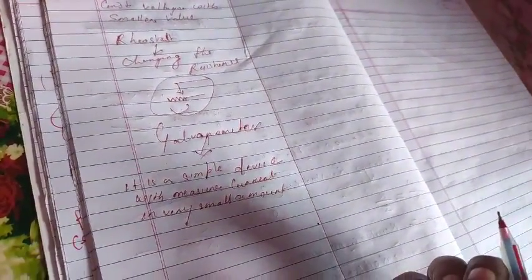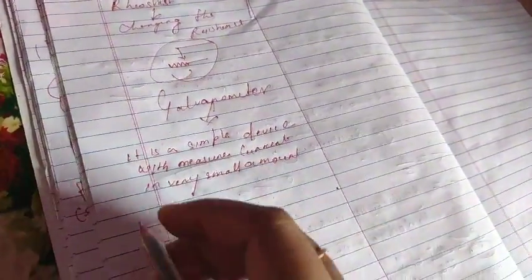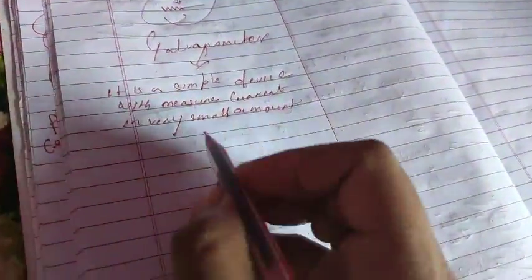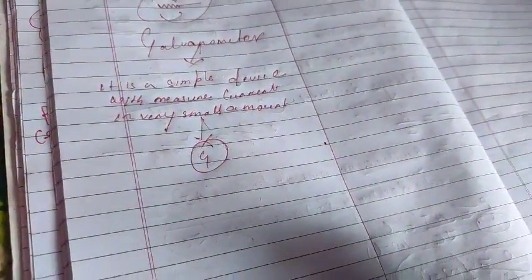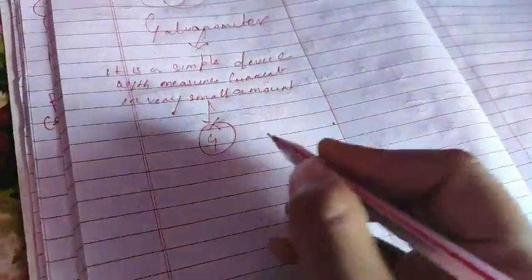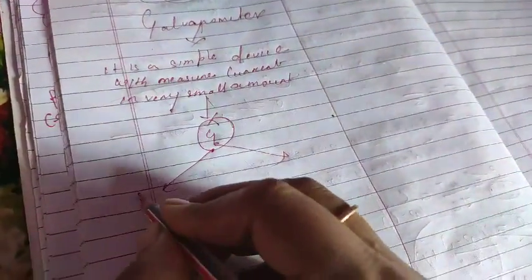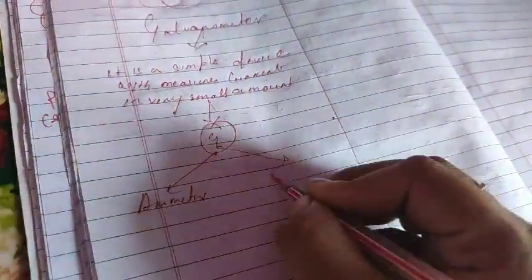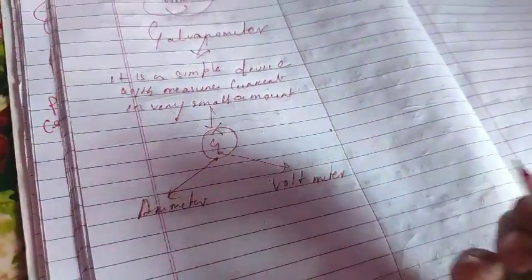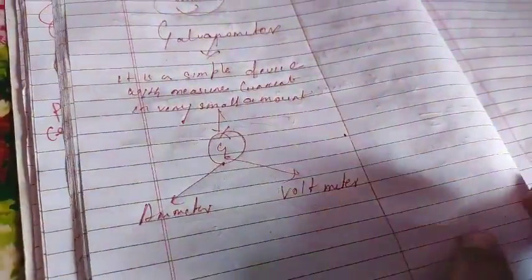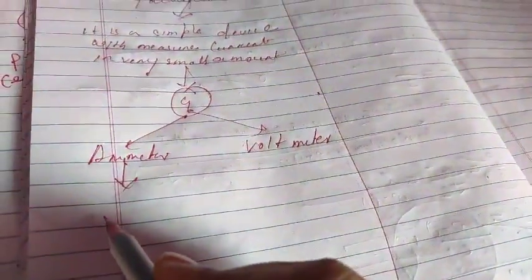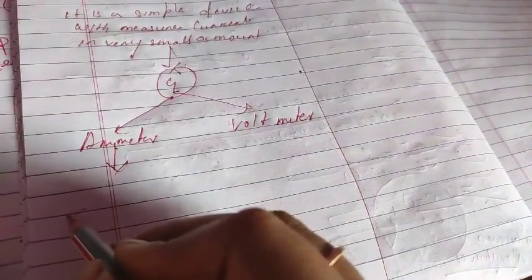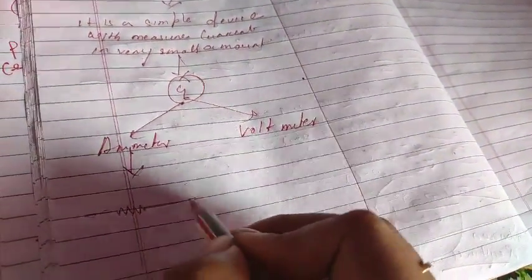Now the second thing is that through a galvanometer I can prepare two devices. One is an ammeter and another is a voltmeter. The symbol of a galvanometer is something like a round structure, in between which you write G. So how can I create two devices through a galvanometer, an ammeter and a voltmeter? First of all, student, if I want to create an ammeter with the help of a galvanometer, what do I have to do? Suppose I am taking one wire of resistor through which current